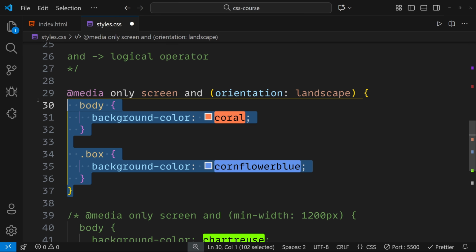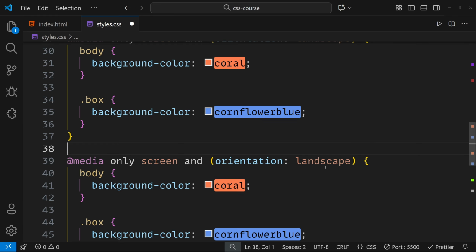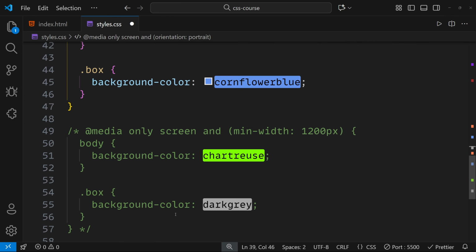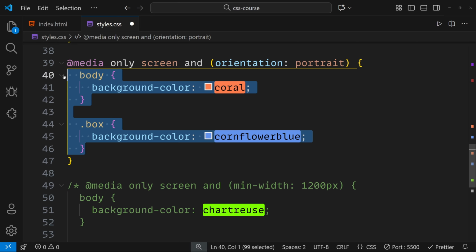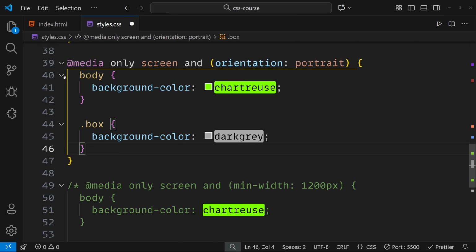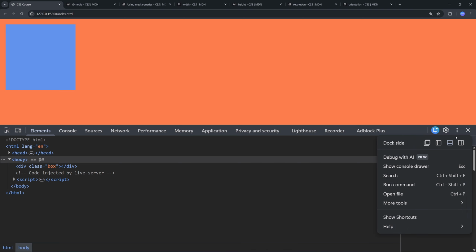Once again, I'll just copy paste that here. Here I'll do portrait, and here I'll just copy paste these ones. Okay, if I save that, now if I go to the browser, I'll open up the DevTools